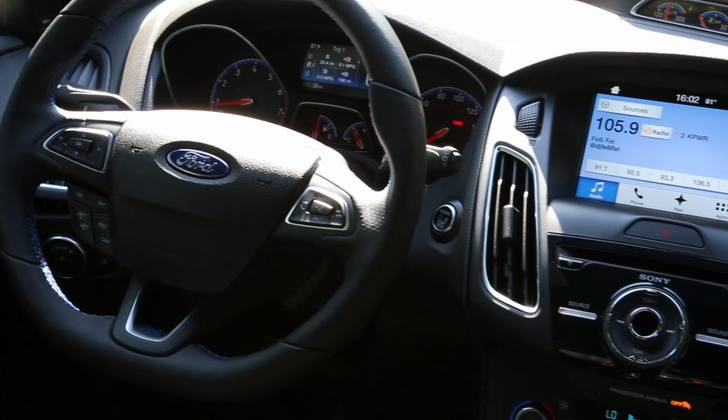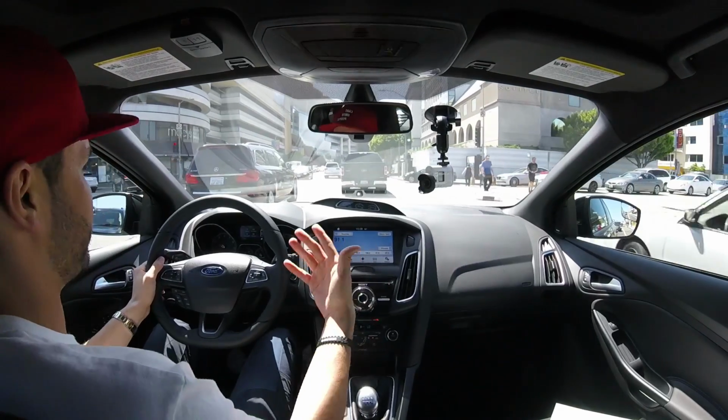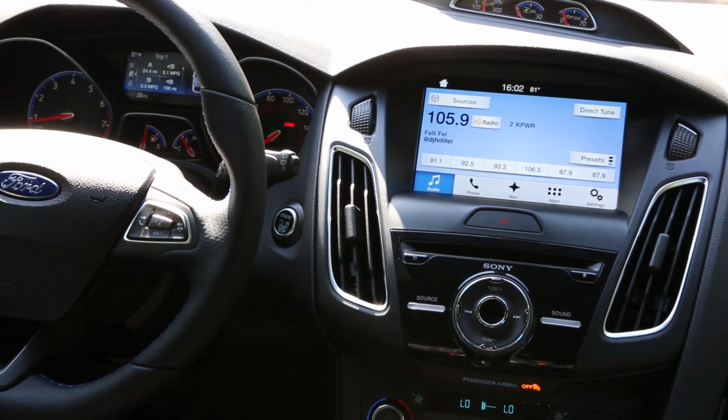So well done. The infotainment system, nothing has ever been as easy as selecting terrible music as now, like the one I listen to, not terrible music, just in general. Everything about this is just so great. It's so responsive. The touchscreen, again, it's just like the Mustang one. But this one, I gotta tell you guys,